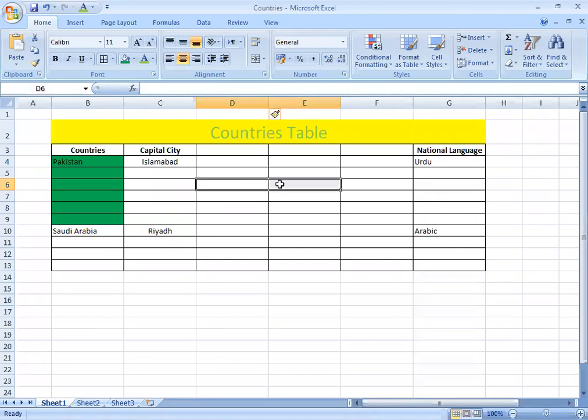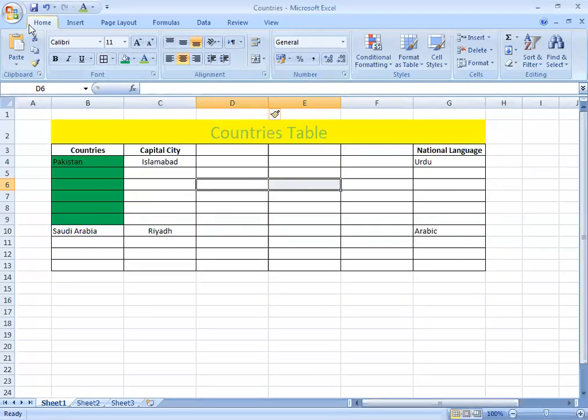So these two cells are selected. Up till now, they are two different cells. What is our goal? We want to make them a single cell. We want to combine these two cells. And technically it is called merge cell. So I want to do the merge cell. I have selected these two cells, right?